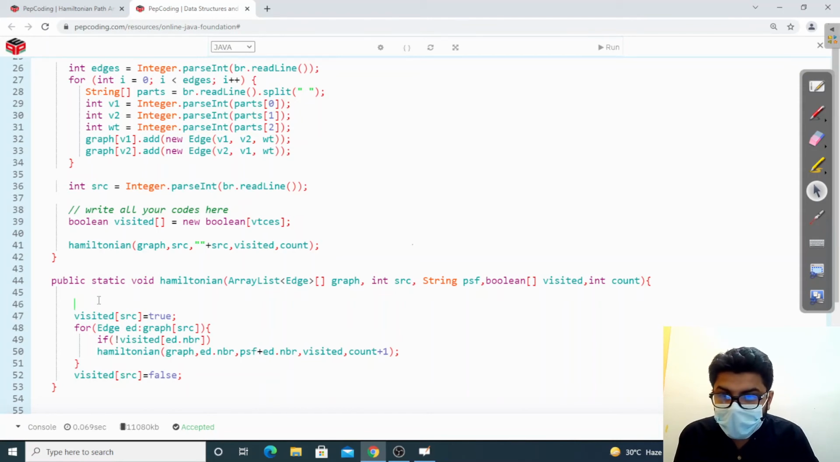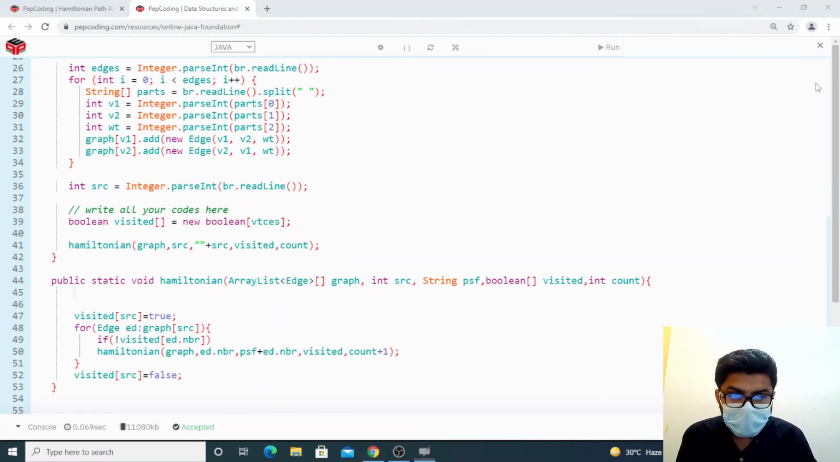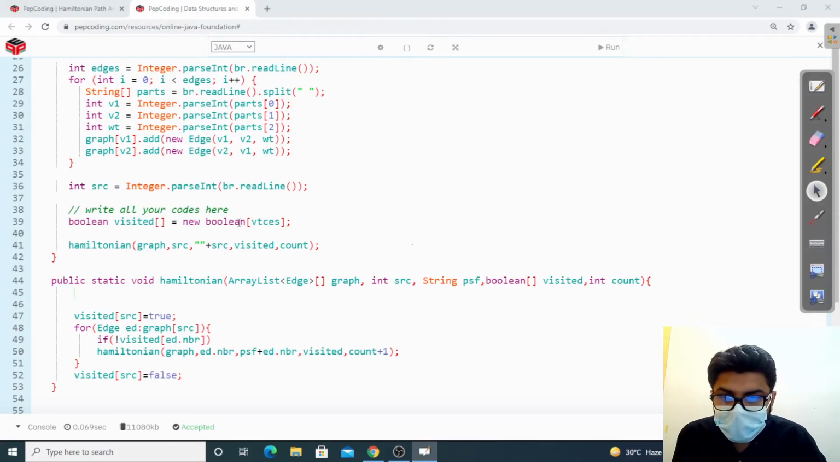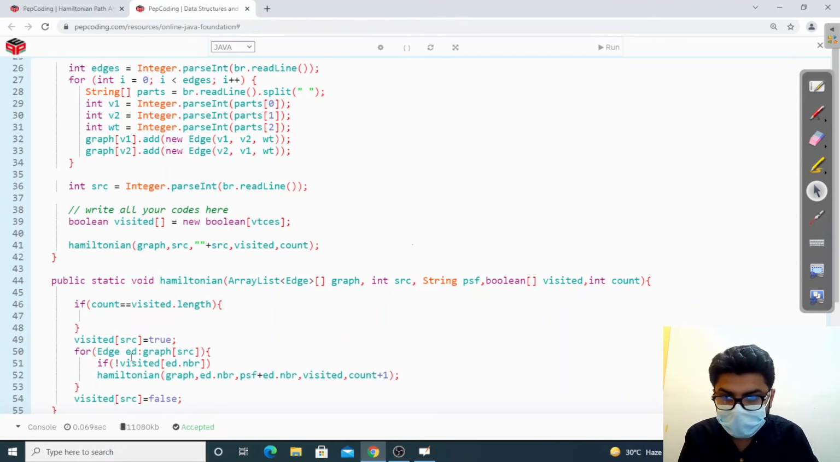So now the only thing remaining is to add the base case itself. As I stated here, when count reaches the number of vertices, we'll enter our base case. So how will we get this number of vertices? As I declared the boolean visited array, I passed the size as vtcs. So that is how we are going to get our number of vertices. So if count is equal to visited dot length, this will give us the number of vertices, okay, because the size is equal to the number of vertices. So if this happens, before returning,